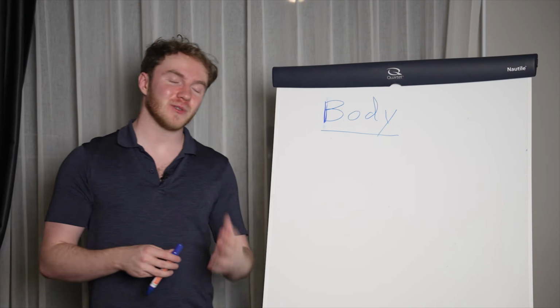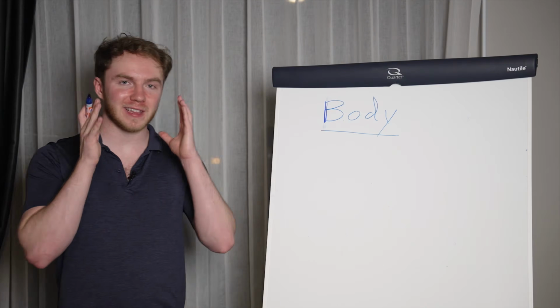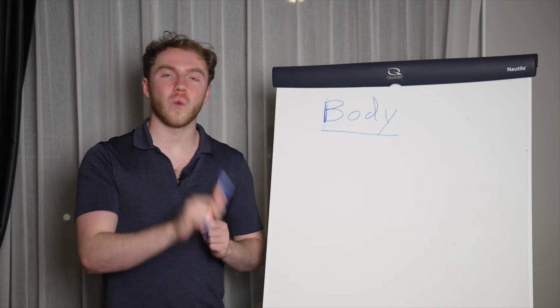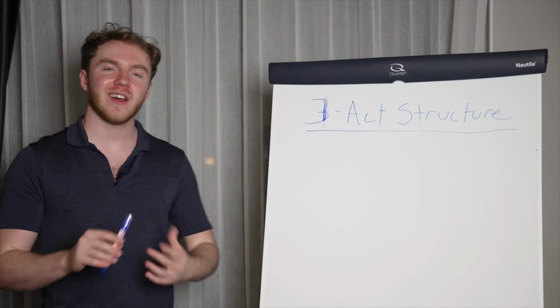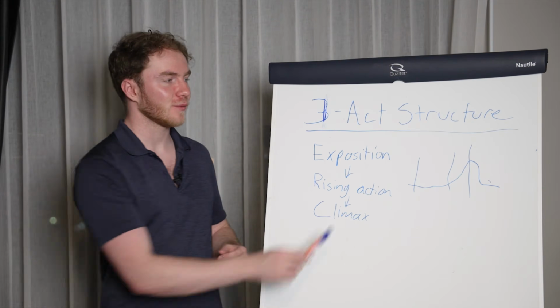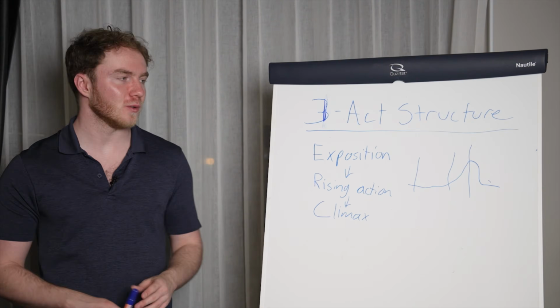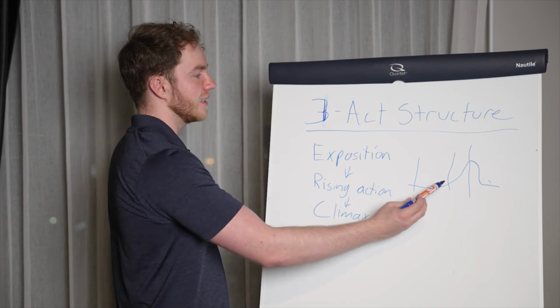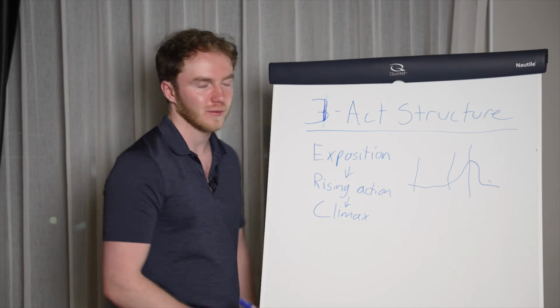And there's something that I've been doing recently that's allowed me to go from just looking at a Google Doc and being like, what do I write? to knowing exactly what I should say and where I should put it. And it all comes down to starting off your script with a 3-act structure. You've probably seen some sort of graph like this in high school or middle school, in English class or something. And it essentially goes exposition, rising action, climax, and then you have your resolution over here.